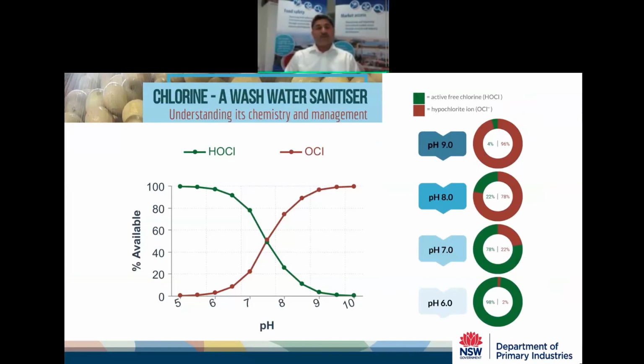Just to have a bit of deeper insight into chlorine's basic chemistry, it's a bit hard to manage as a sanitizer. One has to understand that when you add chlorine to wash water, it increases the pH, whether you use sodium hypochlorite or calcium hypochlorite. So management of chlorine is important. As you can see in this illustration,